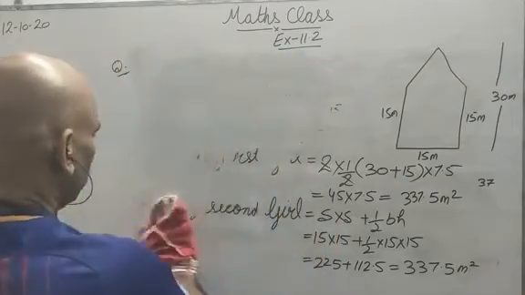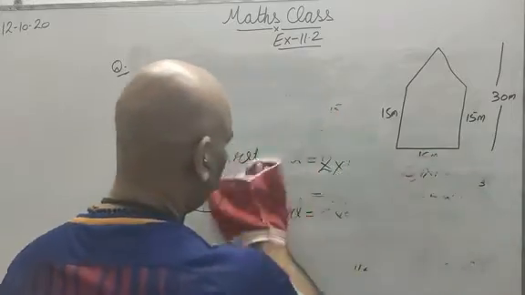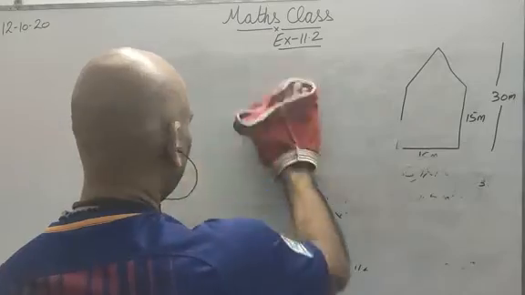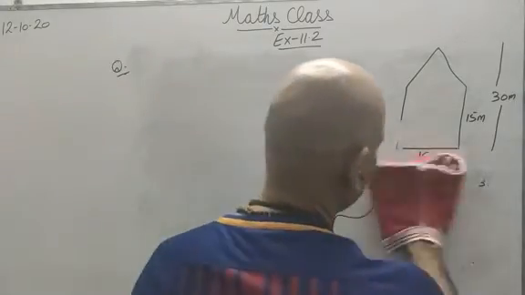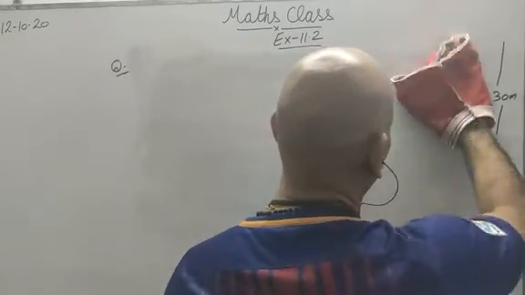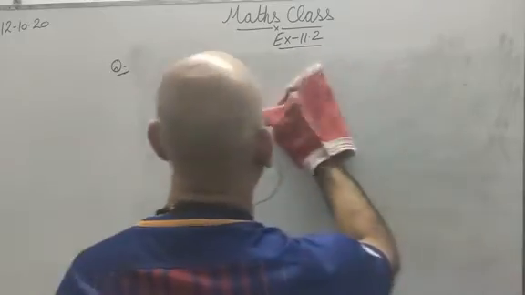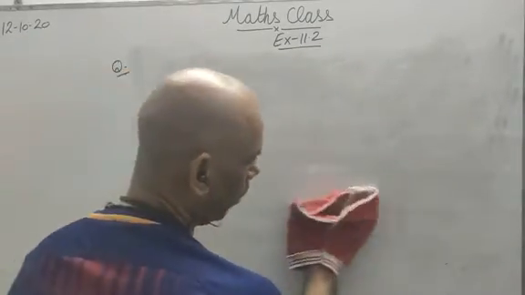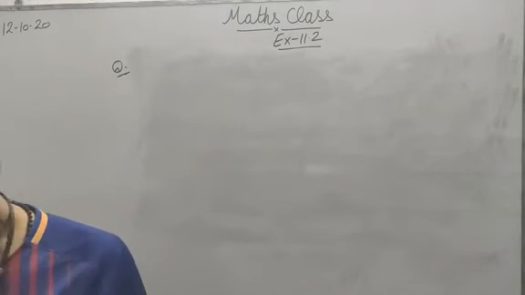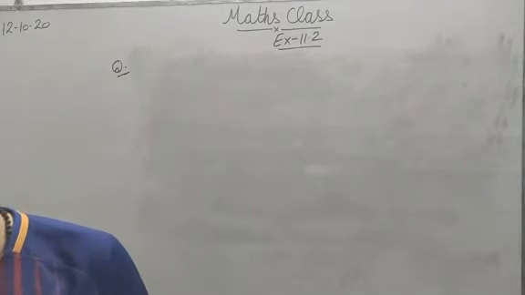Now the last question of this exercise. In that, a rectangular photo frame is there, and in that a photo is being placed, and after placing a photo, the frame has been divided into 5 parts, and then he is asking the area of all those 5 parts. Let us see how those 5 parts will be made.